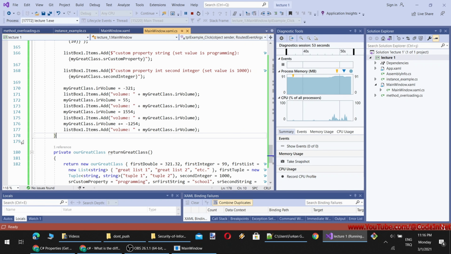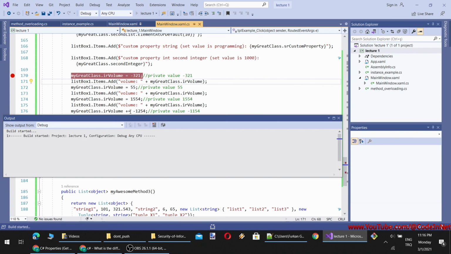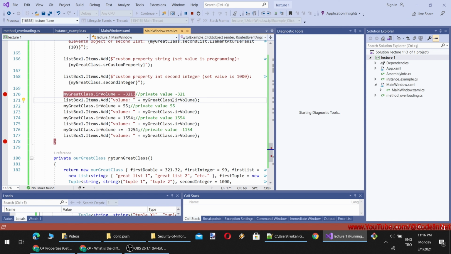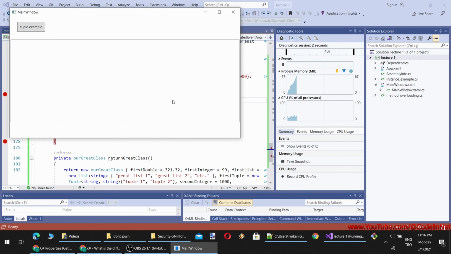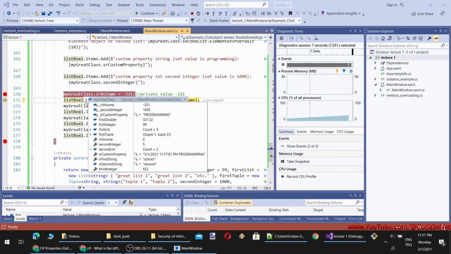And let's see the private values of the last example, or of each example. Let's see the private values. Okay, because when it is going to do an addition, it will read its current value, and when you read the current value, it will be read as 100. Because it cannot access the private value at all. So the private value is, you see, minus 321.